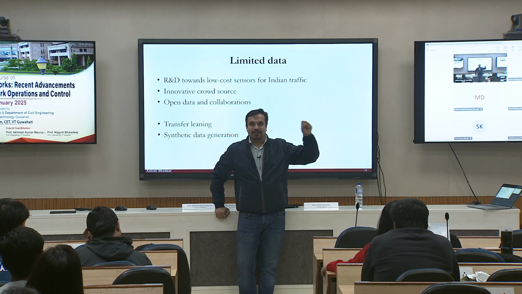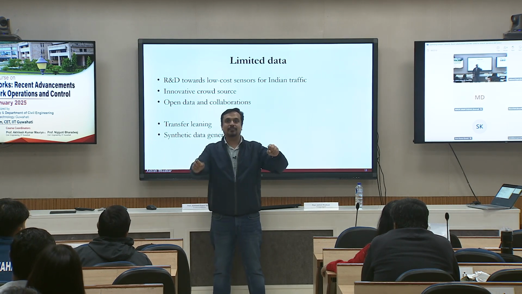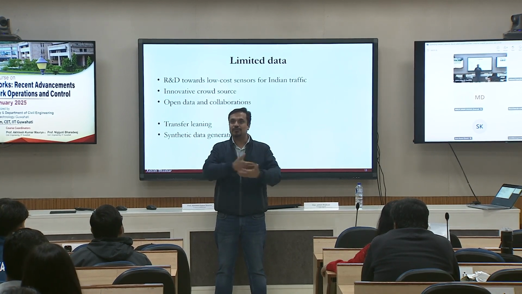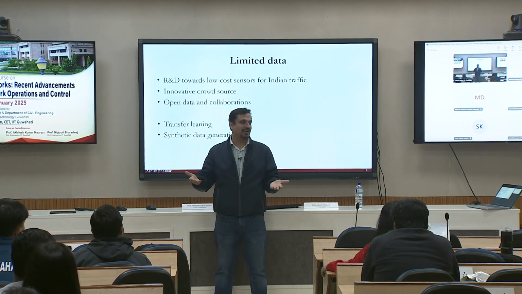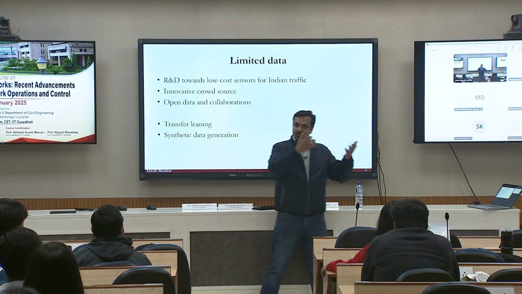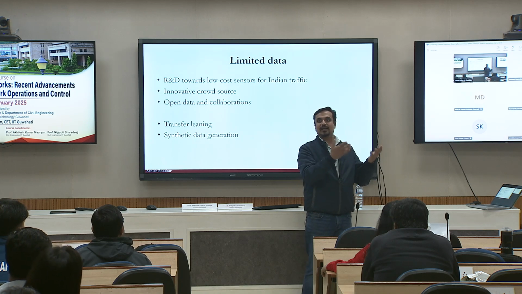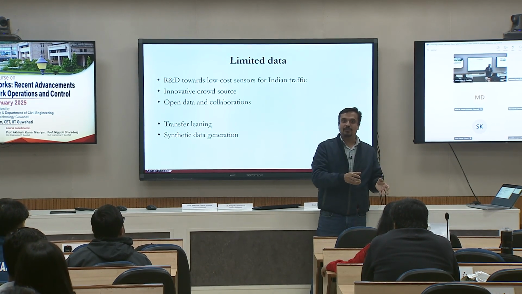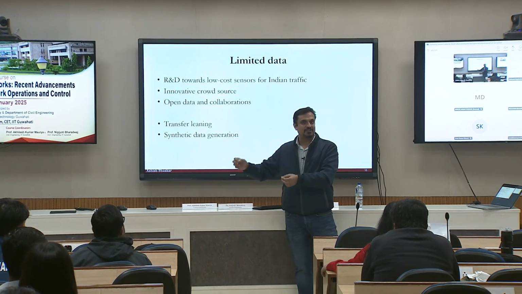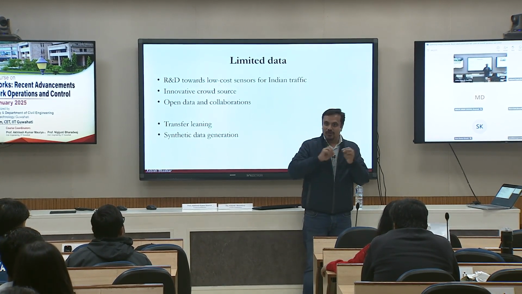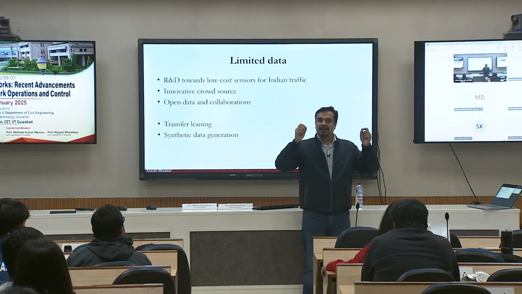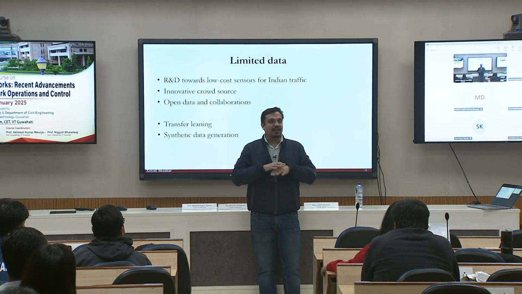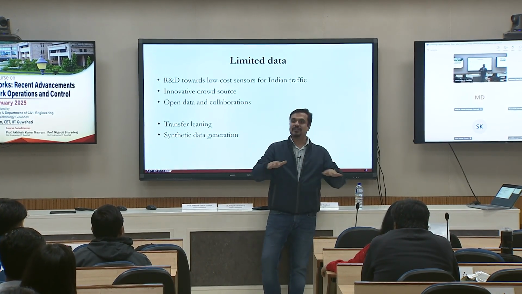That Wi-Fi router is getting the MAC address of the devices connected. You have mobility information for the city, at least for those who are connected. Think: can I go to those agencies and request access to those data? Encrypt it. Even if you do not know how to encrypt it, I can go to my computer science professor and ask him to work with you free of cost, because he is paid by the government, to help you do the encryption and get the data, because with that data set, I can tell you better how your network is performing.